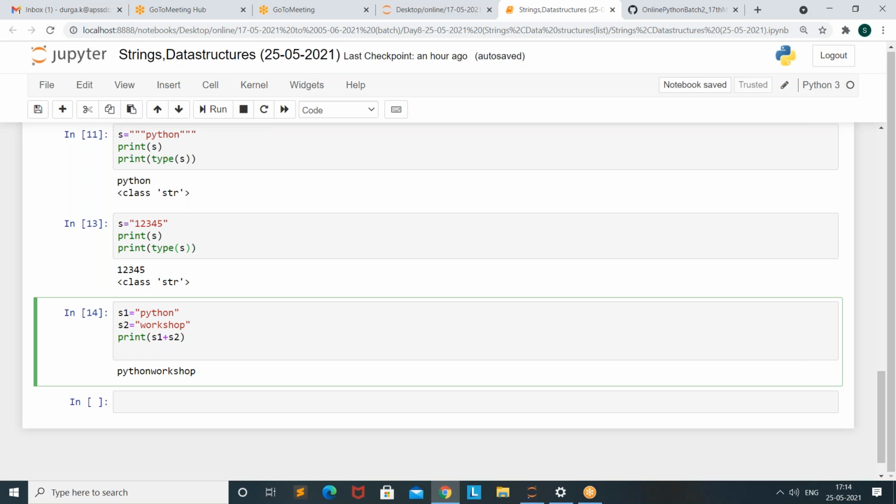Can you separate them? Okay, the space separator. You can use a comma also, right?